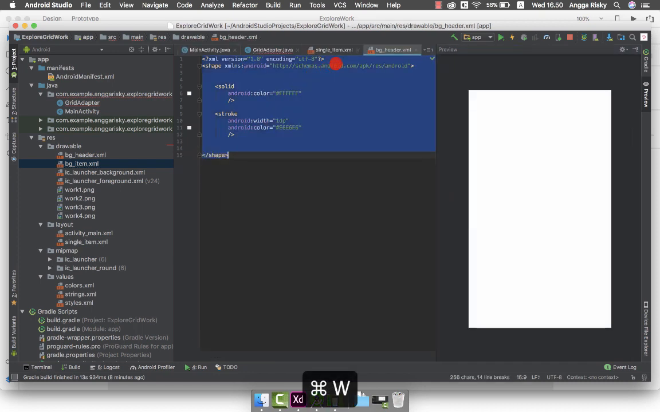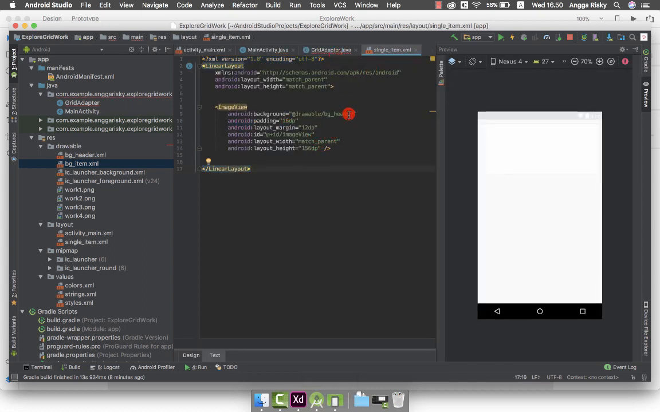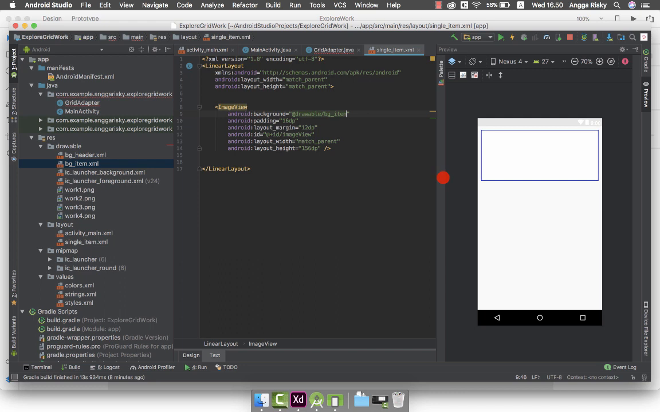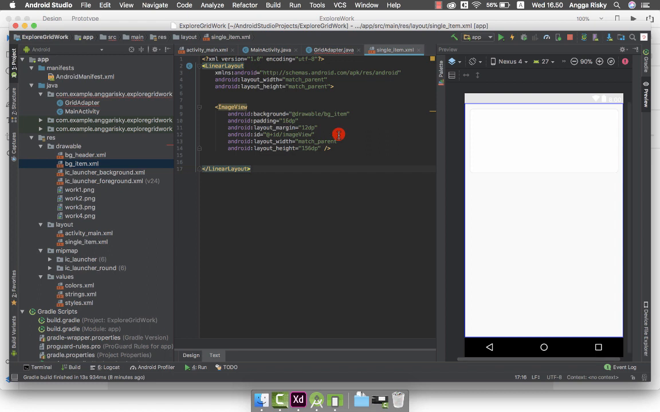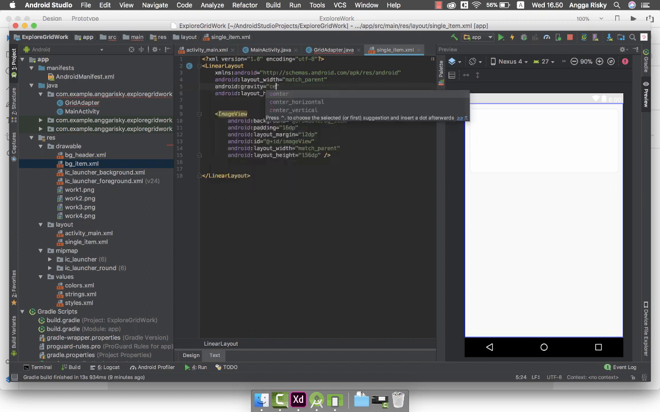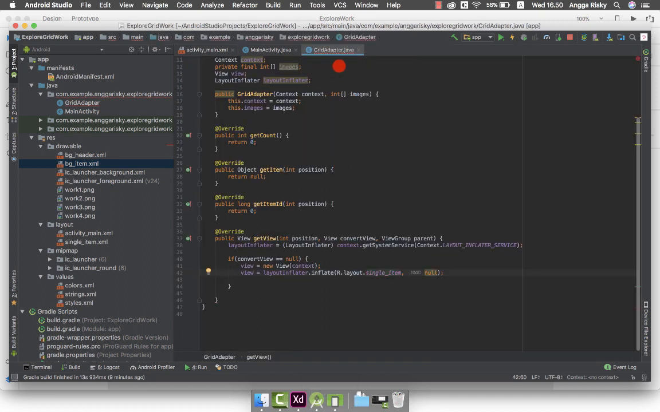Okay, cool. Now we're going back to the single item. In the single item we got the background item, so when you see, there's the radius in the item. Very nice. Okay, so I think that we can save it for now. And don't forget, in the linear layout you have to set the gravity to center. Okay, so just close it for now. If you go back to the grid adapter, you might see the single item changes because we just created this design, this layout. So let's continue this